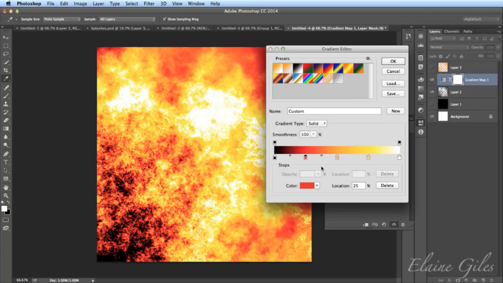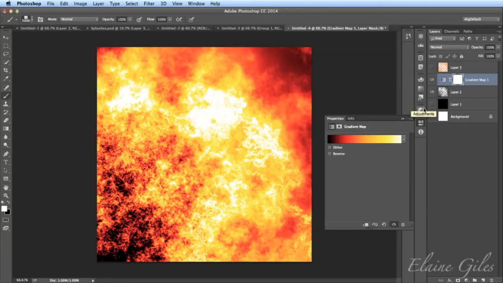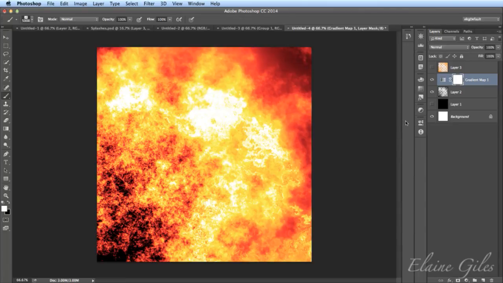It started off as orange and white. And with orange and white, it looked as though I just stamped it on in orange. But by adding 2 extra points, so there's actually 5 points on that gradient, it goes through from black to red to orange to yellow and white. And as you can see, you can immediately see the preview and OK there. It is much more realistic.